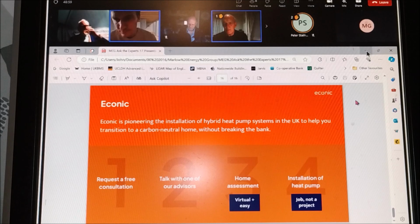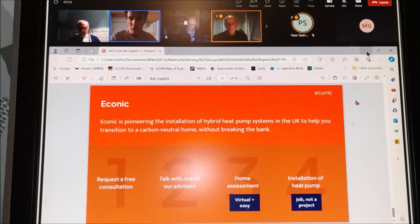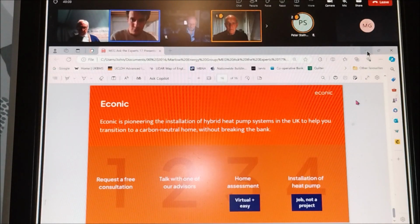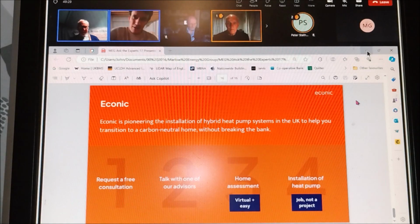So there's two ways of doing it, and it depends a little bit on how you want to run it. If you want to run the heat pump and the boiler at the same time, so you basically have a dual fuel system, then you need to have what we call a buffer tank. A buffer tank is where it collects the heat from both the heat pump and the boiler, and then there's just one pipe or two pipes, flow and return, coming out of the buffer to feed the heating circuit. So that's one way of doing it. That is typically what we don't like to do necessarily, just because of course we have to find space for the buffer and it's more cost